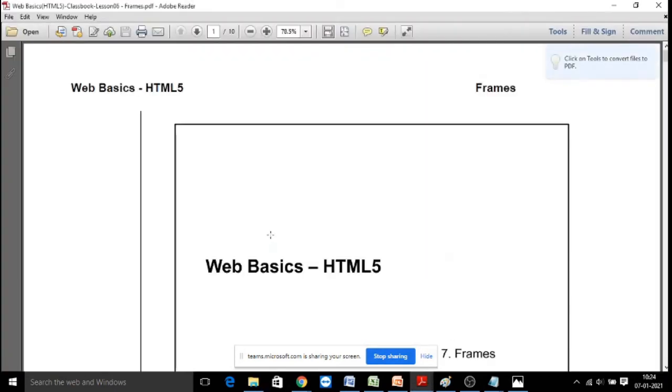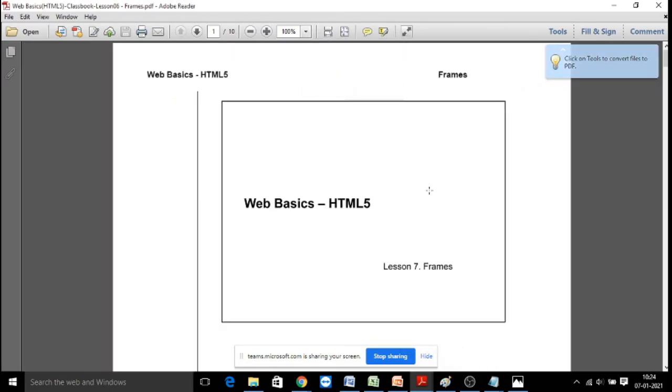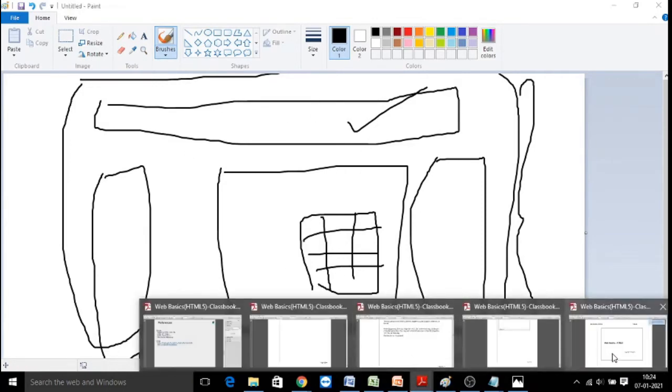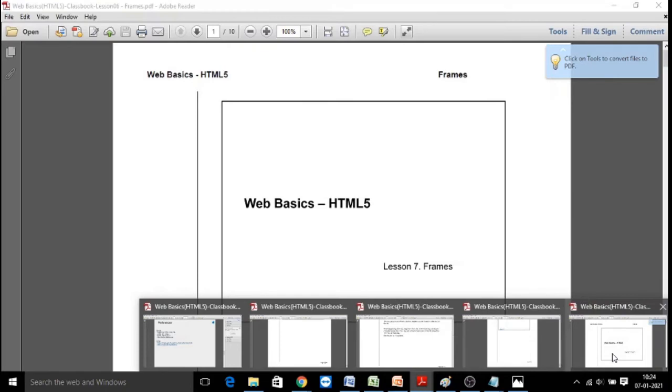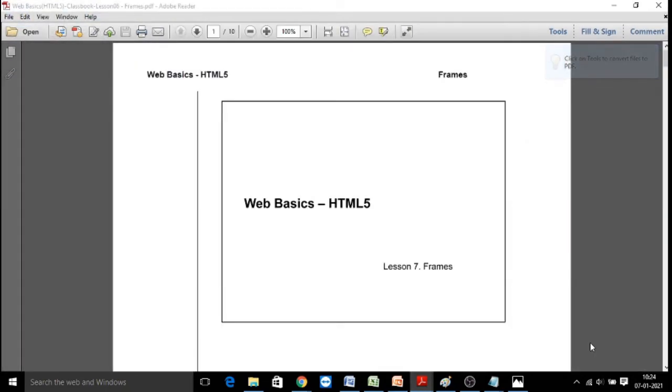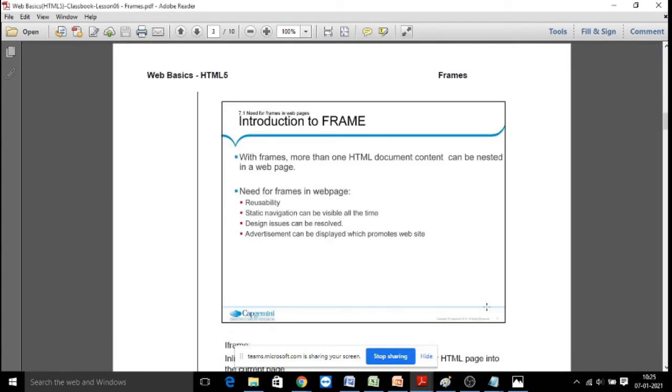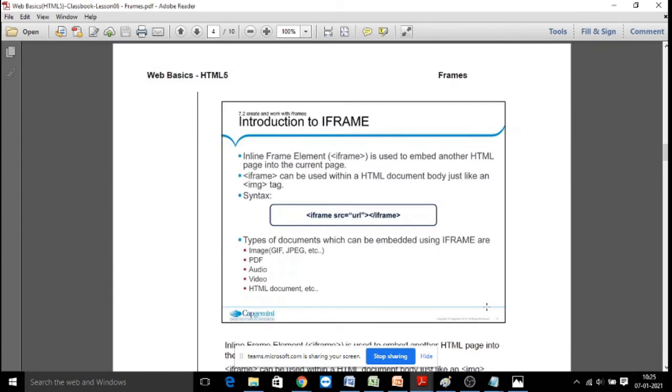Frames is not so important, but you can just have a look. This is to divide the screen into parts, like a number of frames in total. If you need 4 screens in a single page, then you can make them into frames and frame sets. That's what is explained here. iframe is part of that.